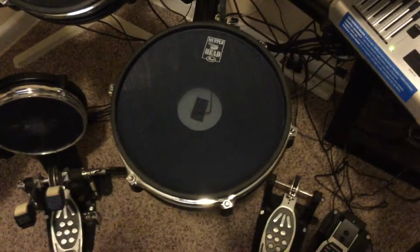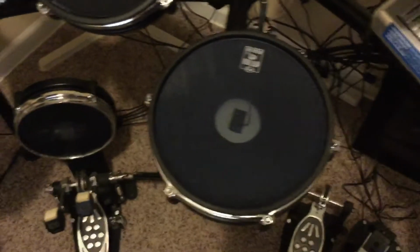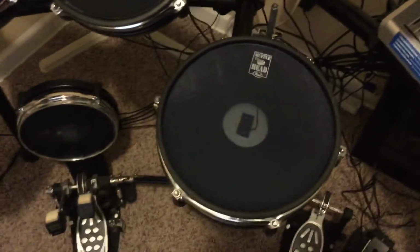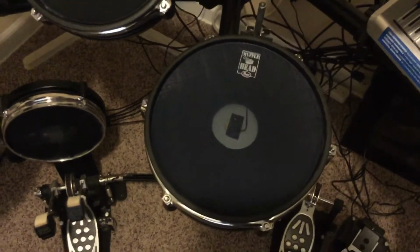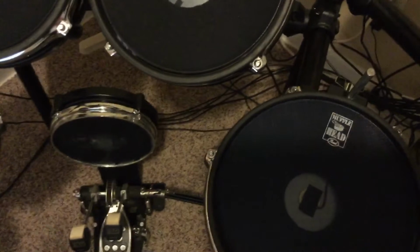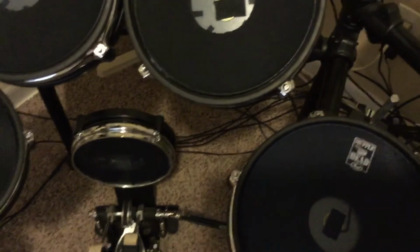I recently have completed the mesh head conversion for the Alesis DM10. I had a couple issues I ran into that I had a hard time finding the answers to online, so I wanted to go over a few of those things. Now, if you remember in the conversion videos, there's a lot of them. There are different methods, and I really don't know which one's the best, but I followed